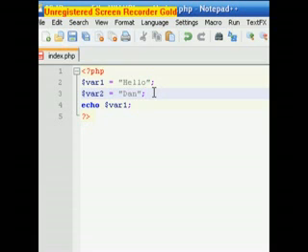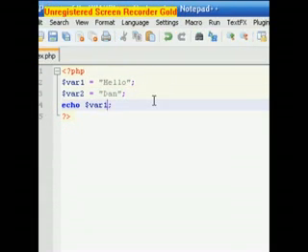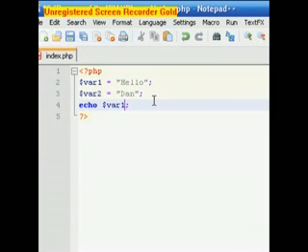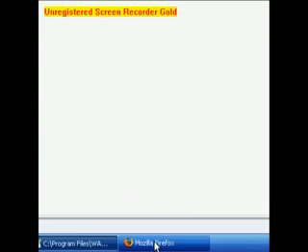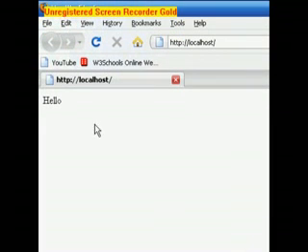So this is going to basically join the two variables. In PHP, the concatenate operator is a full stop. So we'll do $var1 space full stop space $var2. And if we save that, go back to our web browser and refresh our page, it will come up with our concatenated variables. As you can see, it has no space,